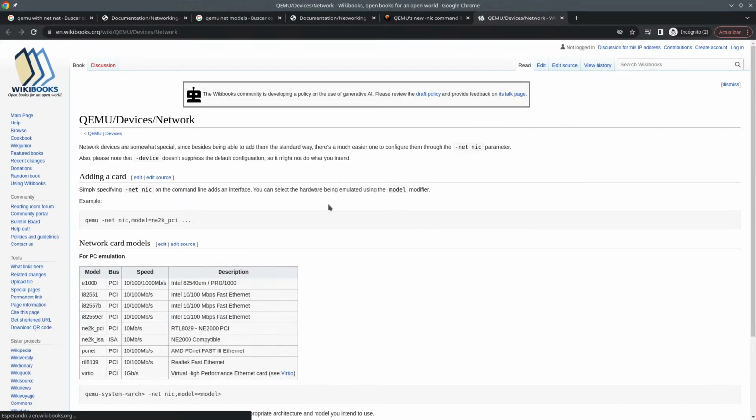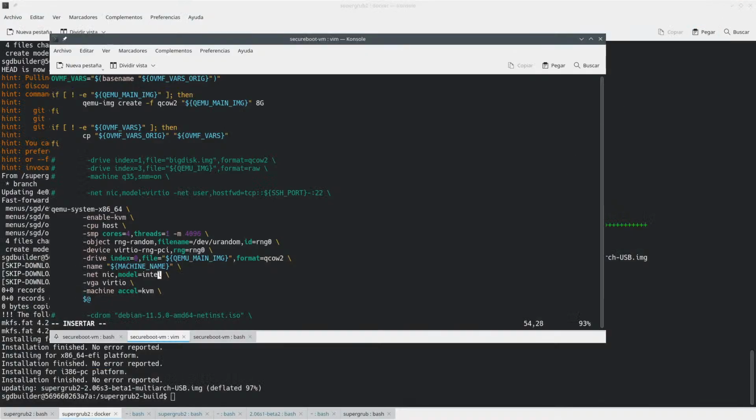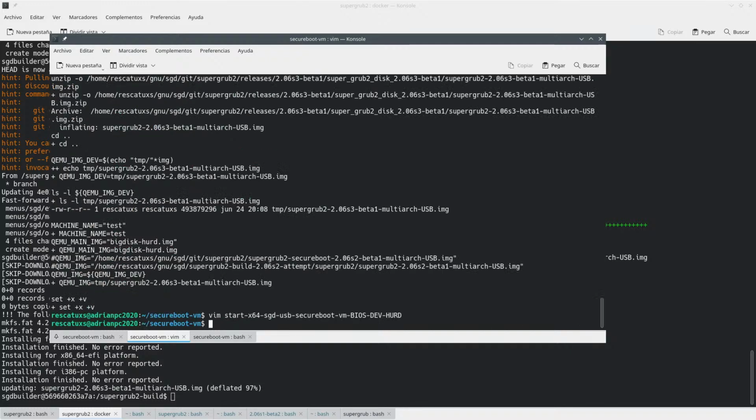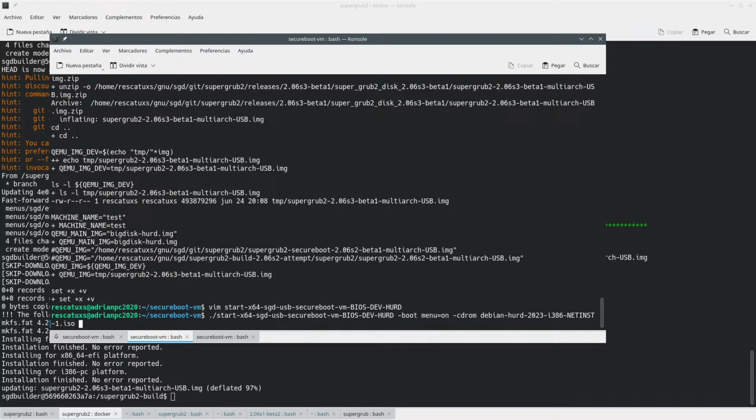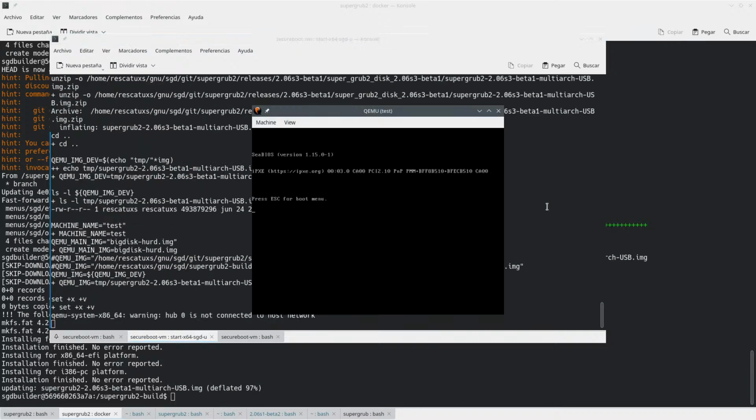Okay, maybe it's this thing here. Okay, virtio, Realtek, E1000. I don't know if we want this one or this one here. Let's try with this one, model E1000. If it doesn't work, we are going to use the other one, which is the Realtek one.